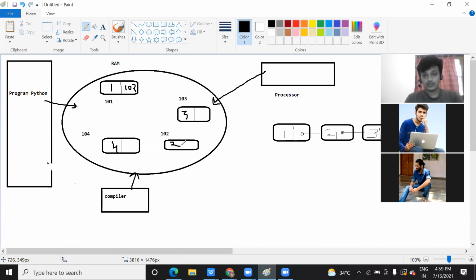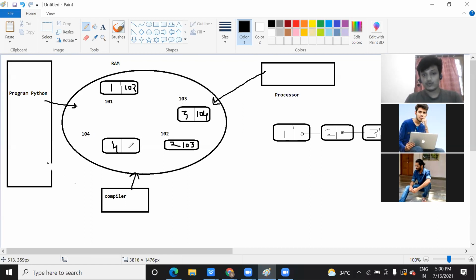After this two, what will come? Three, right? So here what will be the address? 103. After this three, what will come? Four, right? So what is the address? 104. This address can be any value. I took it randomly just to tell you.